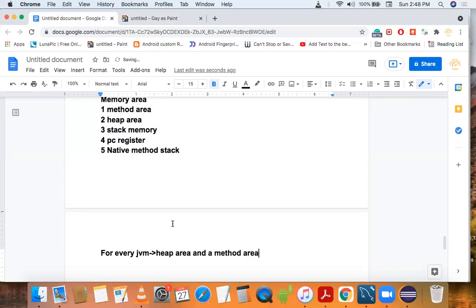And for every thread, a PC register will be created, a stack area will be created, and a native method stack will be created.